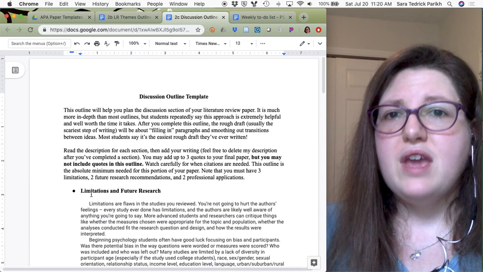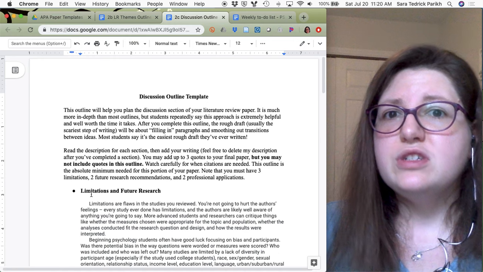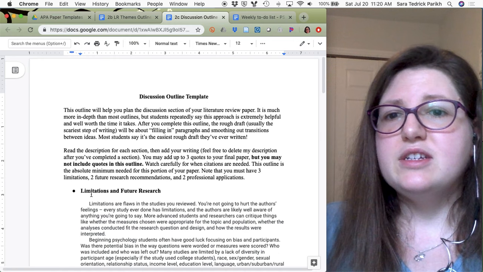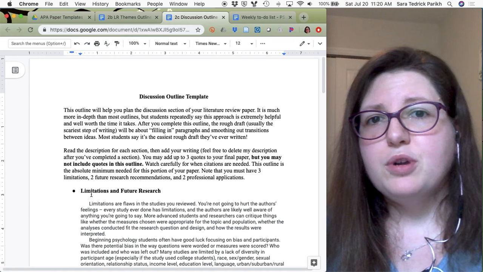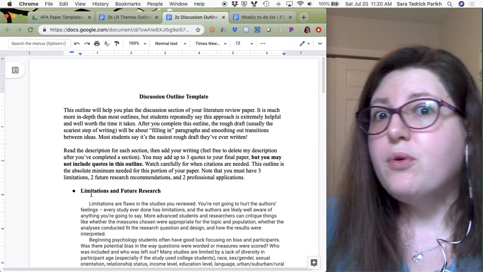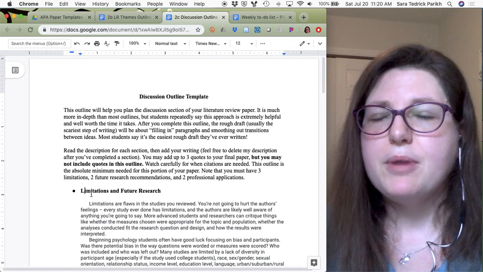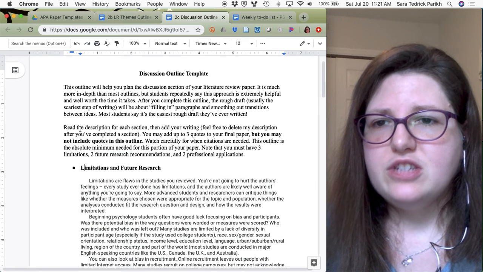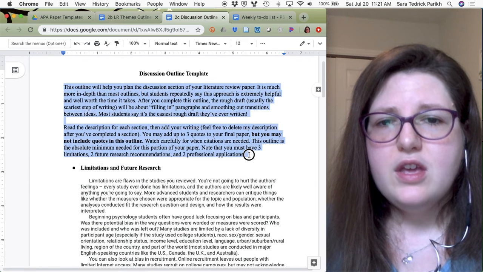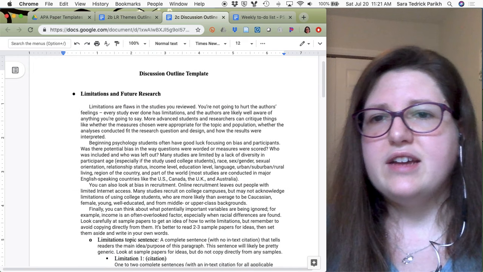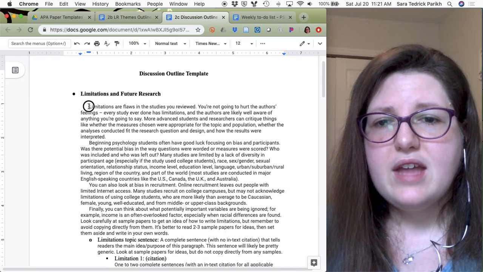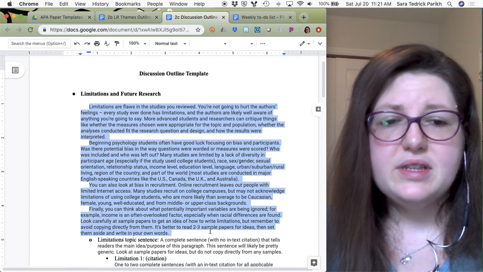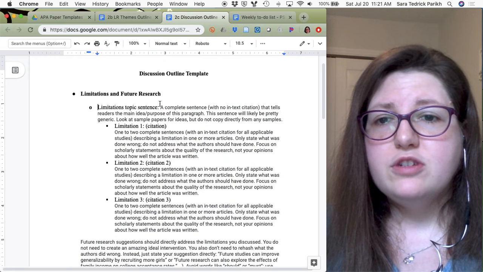So thinking about, okay, how do I want to emphasize the conclusion, is a little more of a take-home message. And the discussion summary is a little more of a heart-to-heart on what was the point of all this? What do I want you to remember? So we jump right into the limitations here. So when you're doing it yourself, you can just delete all this extra stuff if you want. Again, I wrote all this for a purpose. I encourage you to read it, but you don't need to include it.